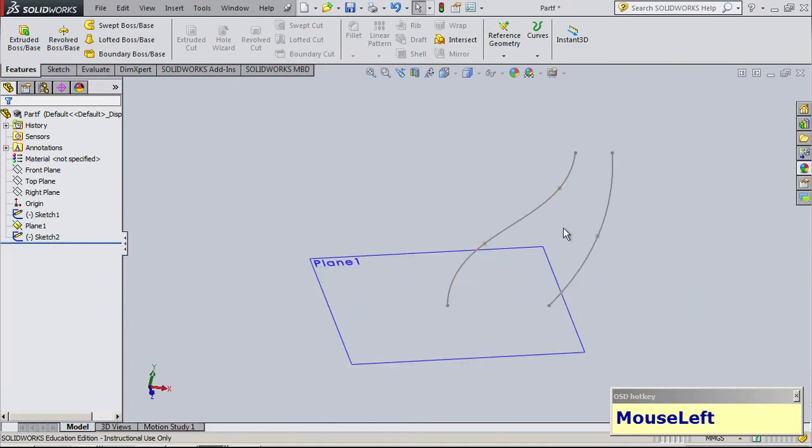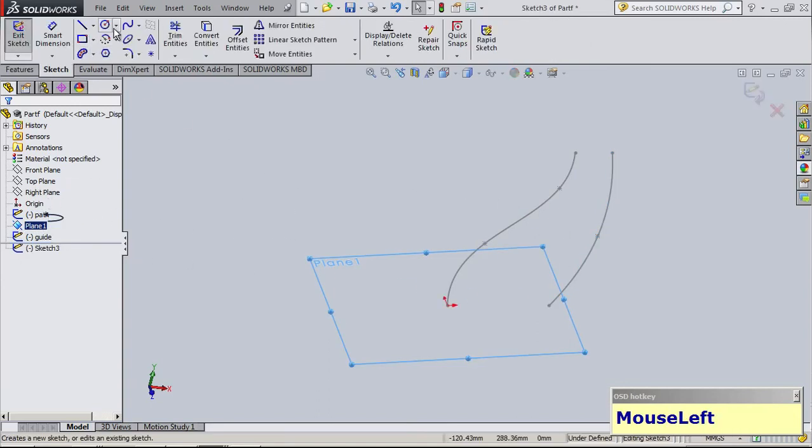Now I'm a little confused. So I don't know which one was my profile, which one was my guide curve, and then which one was my path curve. So what I'm going to do is actually rename this. So the easiest way to do it is click and then hold for a little bit and then click again. This will allow you to actually rename the curve. So this one was my path, and then I do the same thing here. This one is my guide,